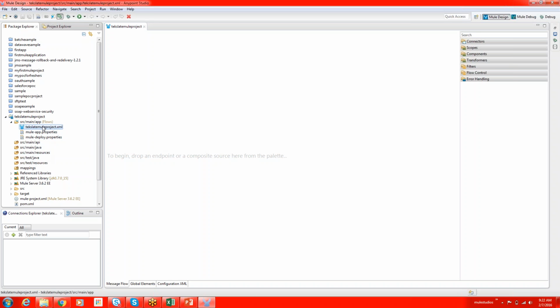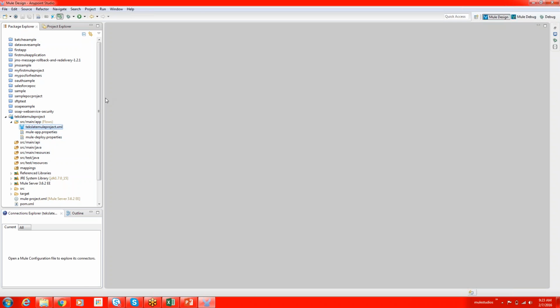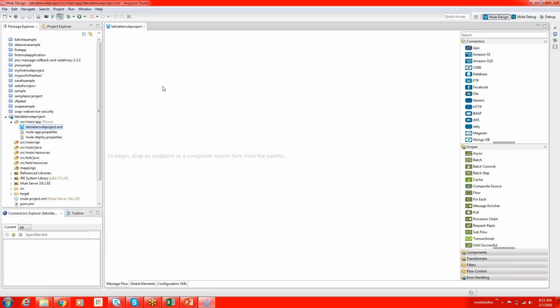If you see, by default one XML file gets created with the same project name, called the Mule configuration file. Whatever Mule flows we develop are on top of this XML file only. If I close this, this is the file which got opened. It has two views: one is the XML view, one is the graphical view. The graphical view is available under the message flow tab,